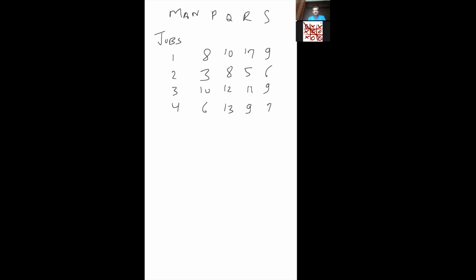You have individuals, let's say we have four individuals, P, Q, R, and S, and we have four jobs, 1, 2, 3, and 4. So we want to allocate each job to each individual. So one person gets one job, and the matrix that you see here is nothing but the cost matrix. So when we say 8, this 8 units, it could be $8 or 8 rupees, is what the person P gets when he does job 1, or the cost of doing that job for person P is $8.